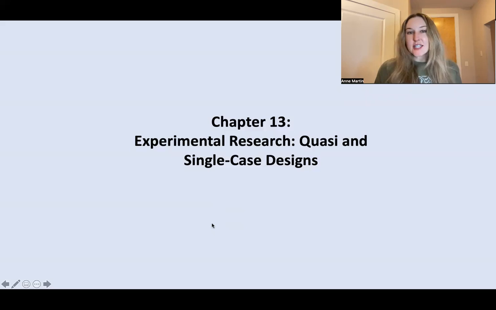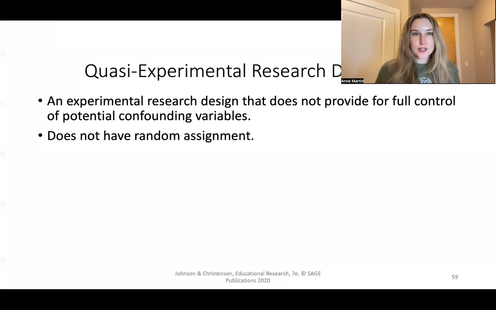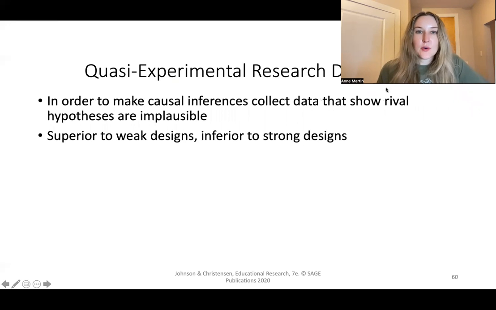And then lastly, chapter 13, quasi-experimental research. And a quasi-experimental research is often used when it's not possible to use random assignment. And you are not able to get full control because of that issue. And since you don't have full control,